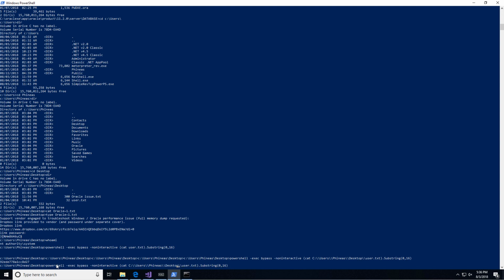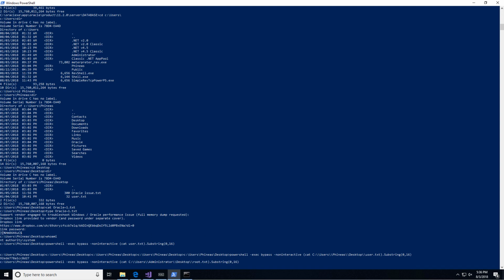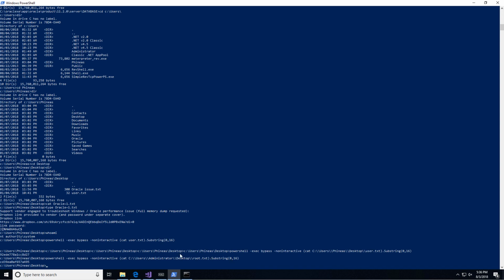Now if we run the same command, this time switch out for administrator and root.txt. And there's the first 16 of root. So that's it. Box is owned. We've got shell as system, so we could do anything we wanted at this point. In fact, just for fun, and I don't recommend doing this, but I'm going to reset this box right after I do this. Let's see if we can actually